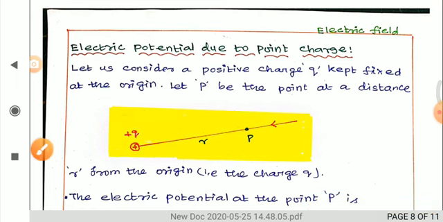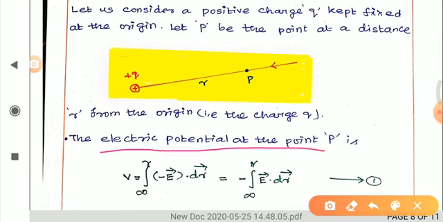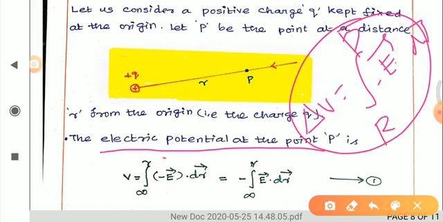Right. Now I wrote the consideration here. Then after that I wrote the electric potential at the point P. So what is the formula for electric potential? Already we have seen in the previous topic, that is nothing but V is equal to integral from infinity to R of minus E vector dot dr vector. What is the other formula we have discussed? Potential difference, that is nothing but delta U is equal to integral from R to P of minus E vector dot dr vector. So this is for potential difference, and this is for potential.